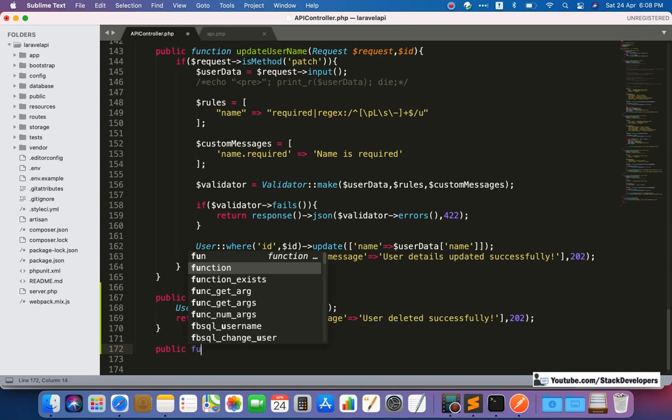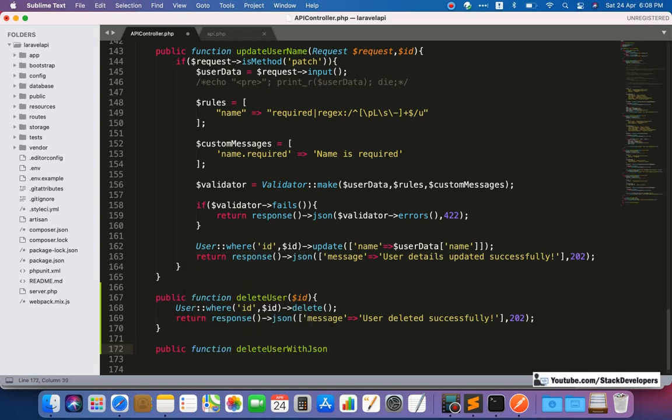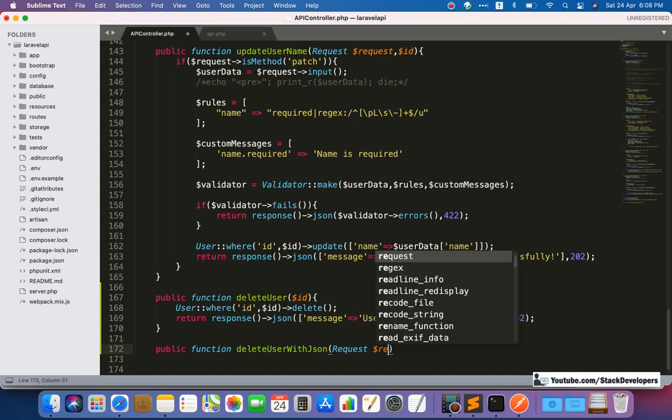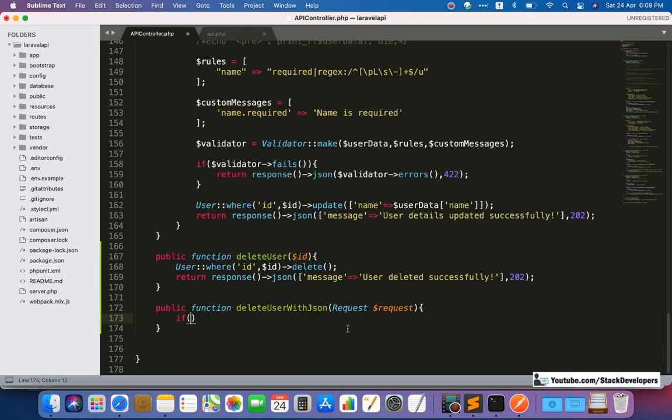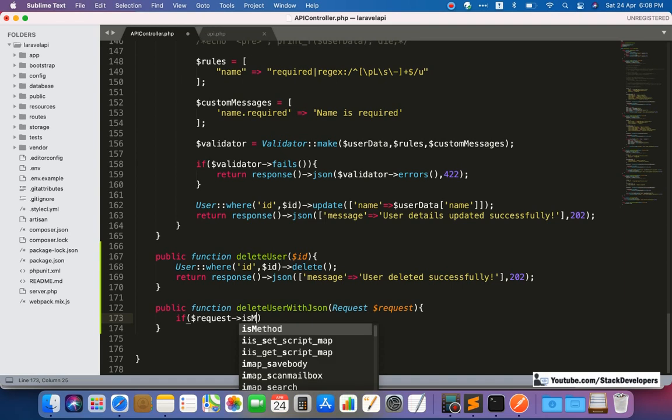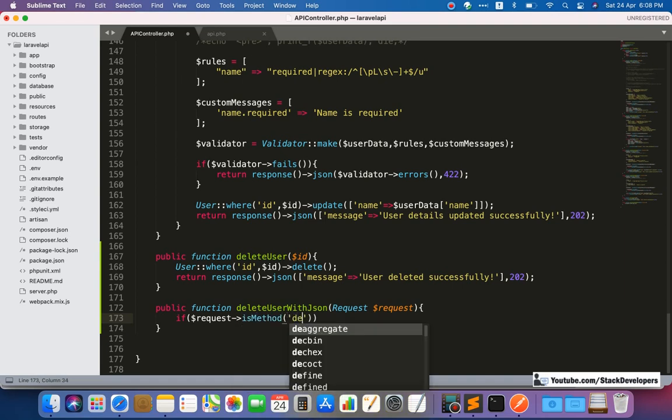This function we are going to create here: public function delete user with JSON. Here the request will come like this. We are going to check that the data is coming from the delete method, so we can use is method delete.